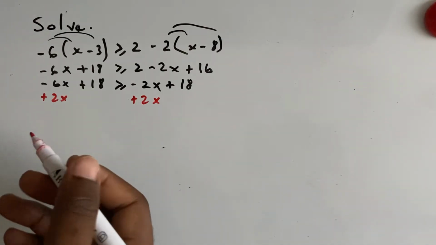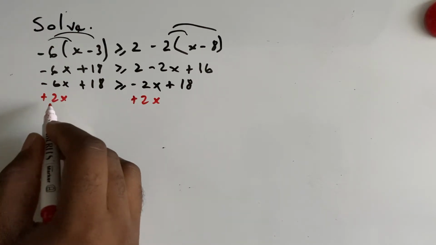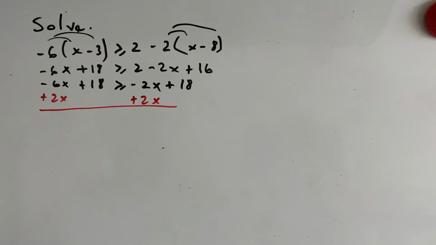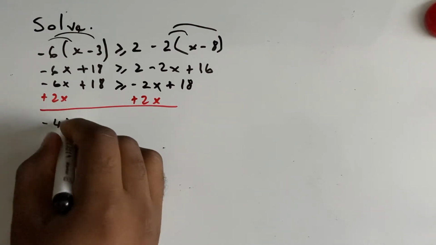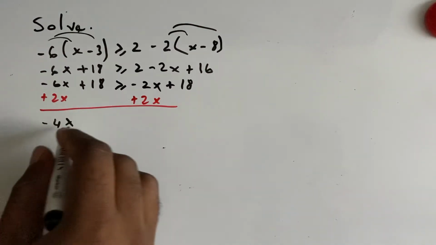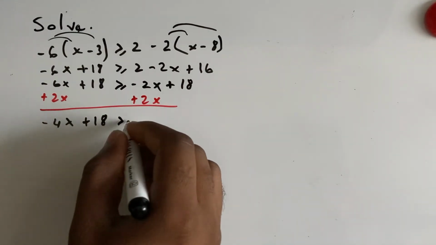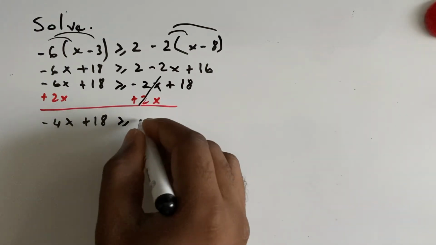To get rid of an addition, you subtract. So in this case, I have to add. Okay, so now once I do that, I will end up with negative 4x, negative 6x plus 2x, negative 4x plus 18 greater than or equal to, this is canceled out, so only 18